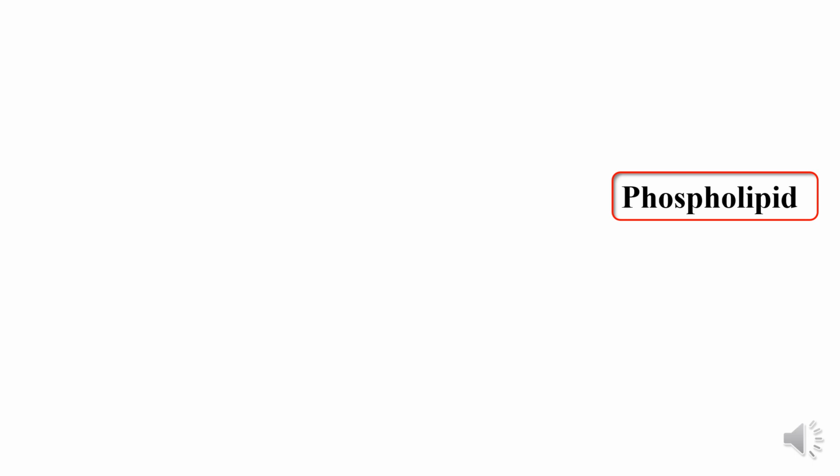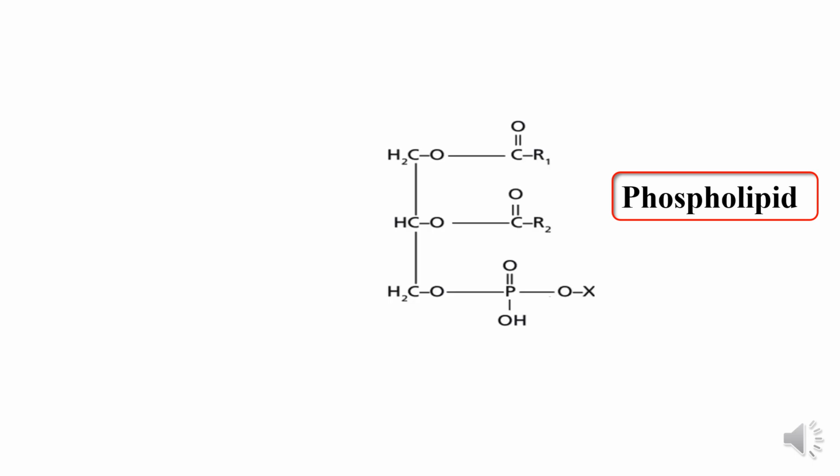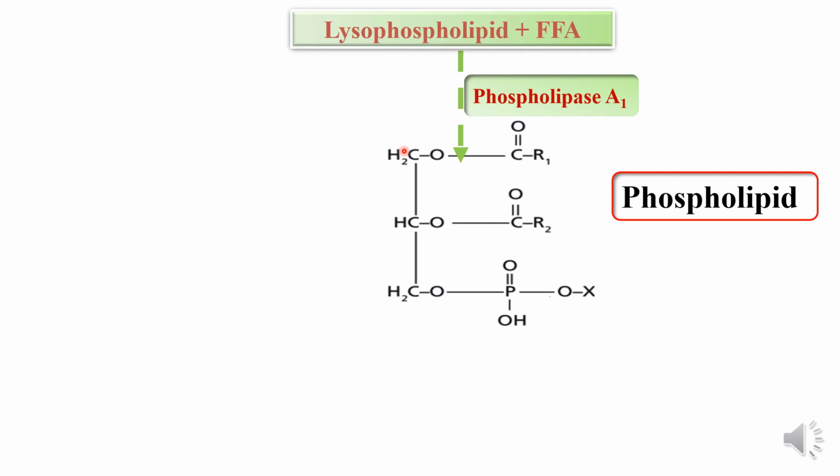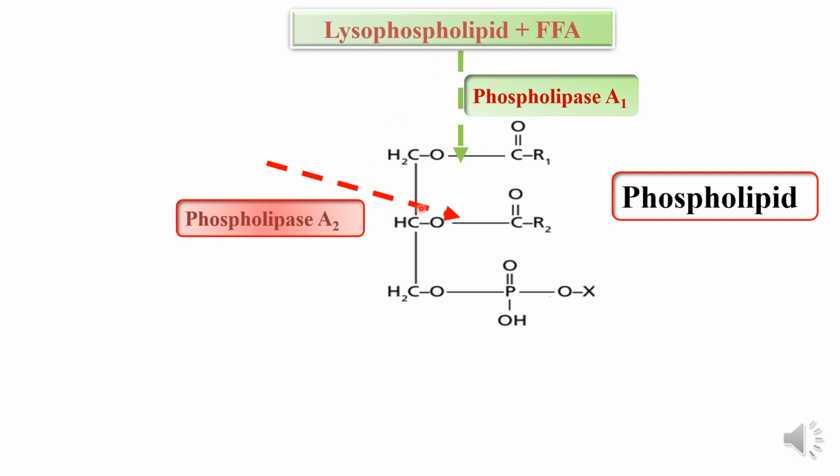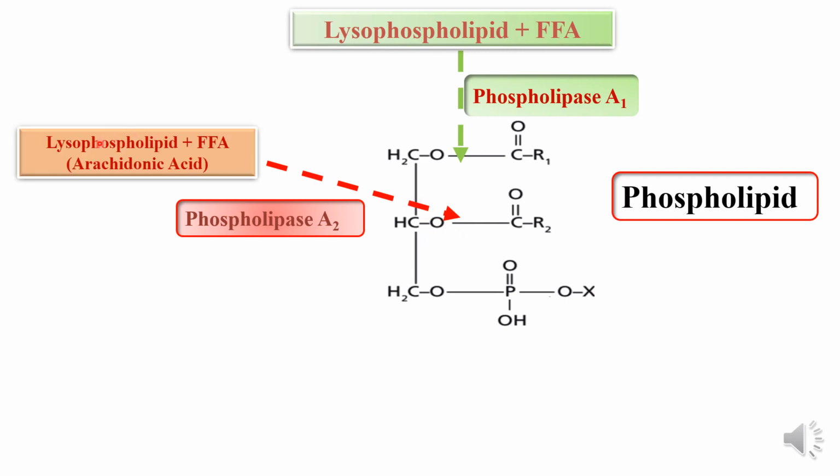Now let us look at this. So this is a phospholipid and there are different phospholipases. We will see that all the phospholipases have different sites of action, and that is how they are named. So phospholipase A1 acts at this position, carbon 1 position, and the product formed is lysophospholipid plus free fatty acid. Phospholipase A2 acts at the second carbon position, and it also liberates lysophospholipid plus free fatty acid, and generally the